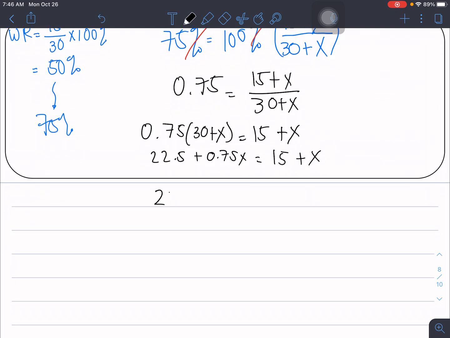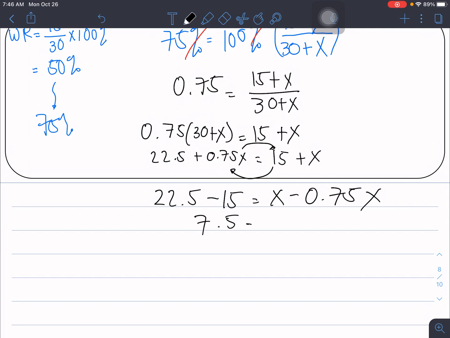I need to move this to the other side: 22.5 minus 15 is equal to x minus 0.75x. 22.5 minus 15 is 7.5. x minus 0.75x is 0.25x. So this value of x is equal to